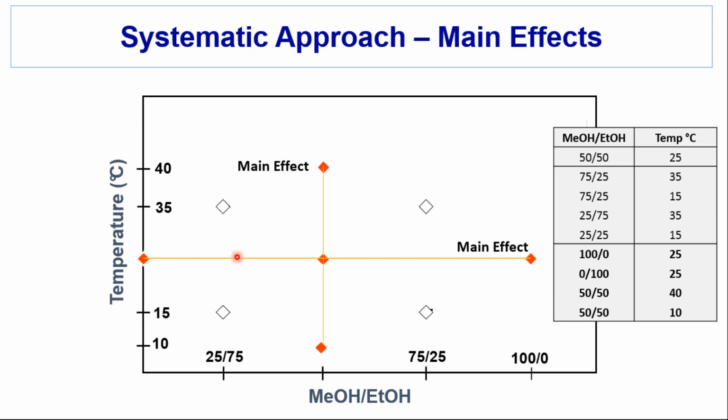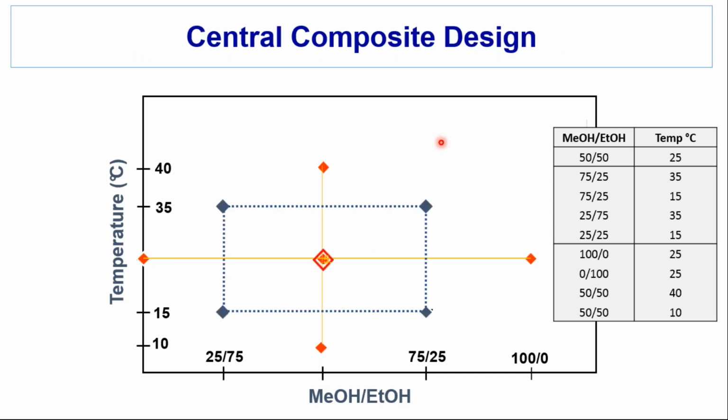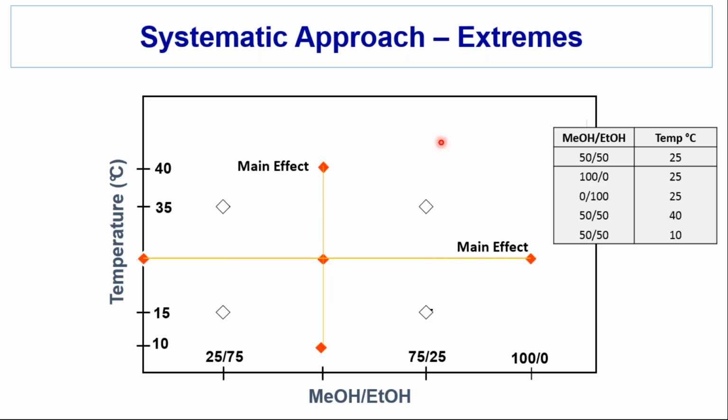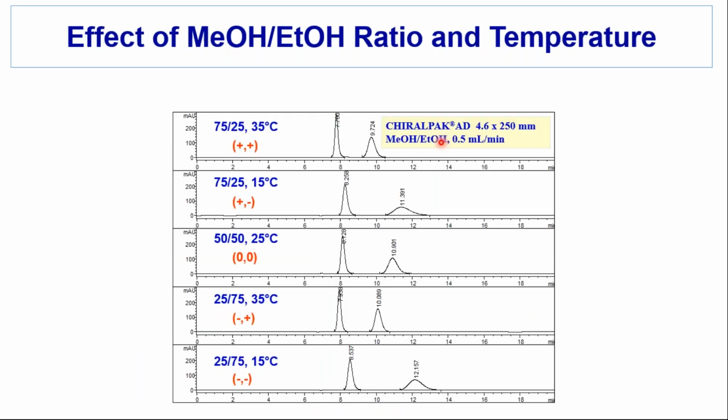And I would certainly at least have the center point and perhaps some other data points along this. I often use central composite design because it is more space filling and gives us more information. But certainly, at least just the main effects is probably an experiment worth running. So this is an experiment that I ran, separation. This was a screening condition. It had pretty good separation, 1-to-1 methanol, ethanol.